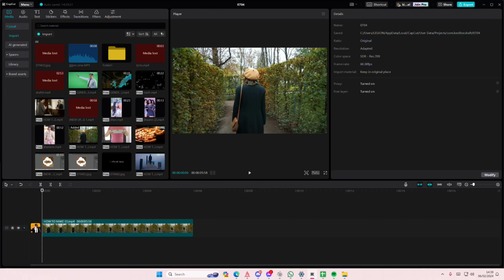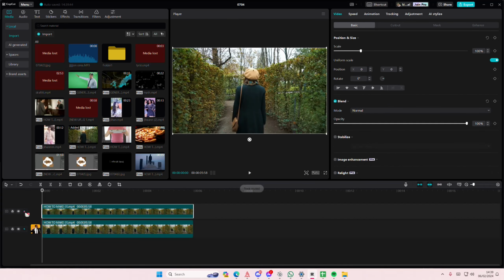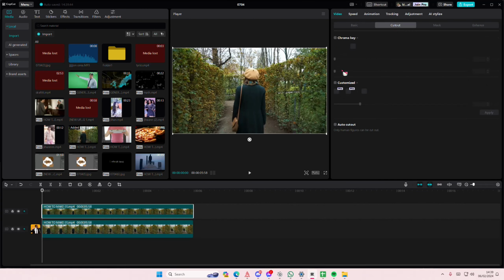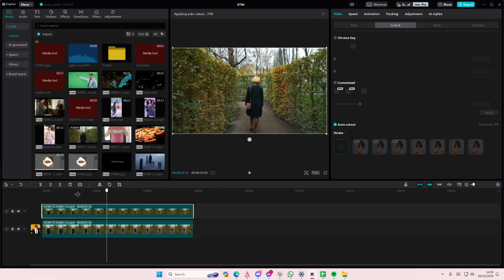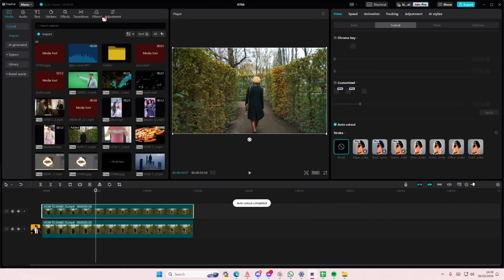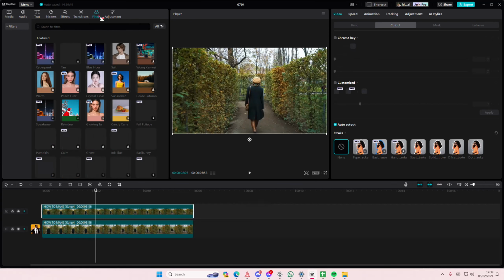In this video I'll be showing you guys how you can create this video edit on CapCut PC. So select your video and copy and paste that, and then you're going to select cutout and select the auto cutout option, and then you are going to basically go to